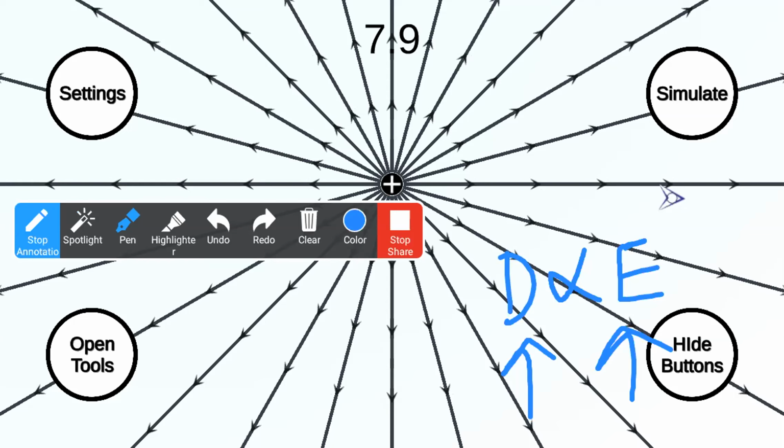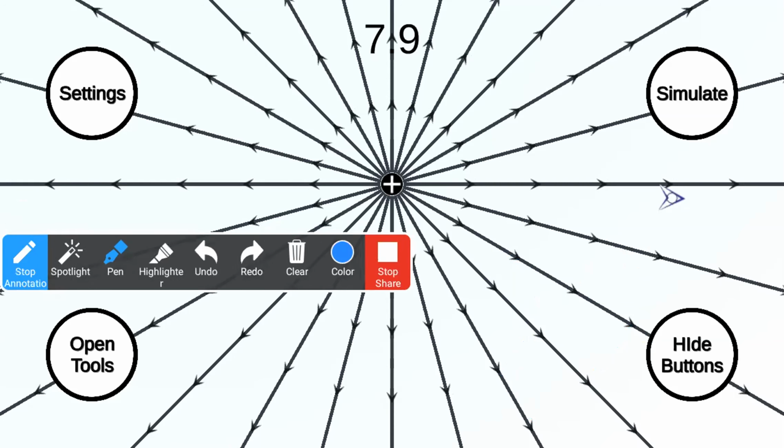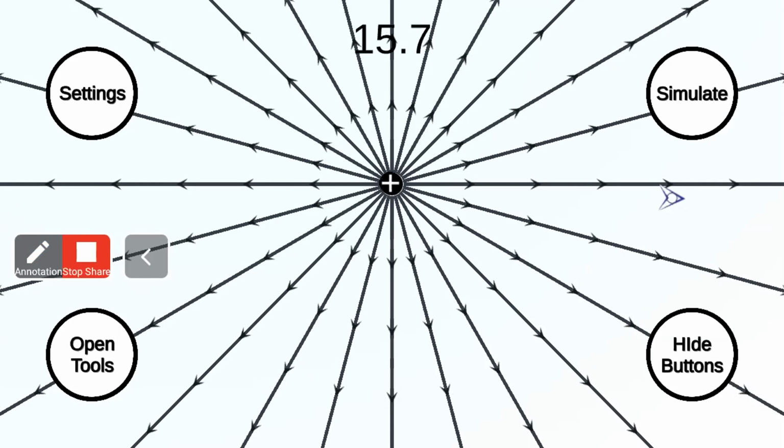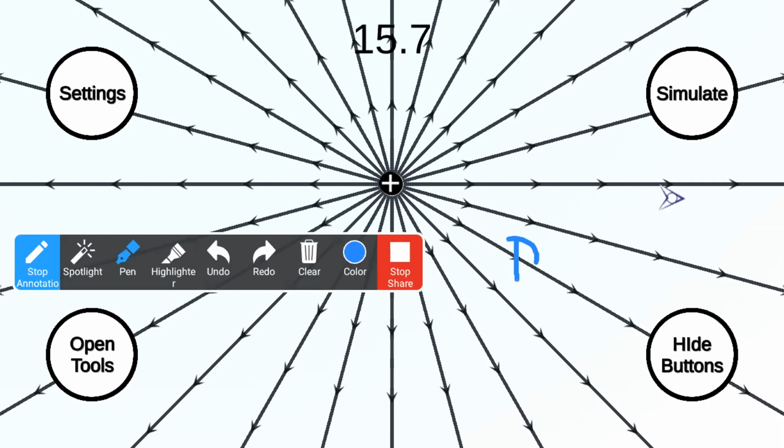Okay, now what I'm going to do, I'm going to introduce one more charge here. Then I will observe what is the field here, field strength or flux density. So I'm taking one more charge and I am fixing it here. Previously I got around 7.5 or 7.9, something like that. Now I'm getting 15. Why? Previously there was only one positive charge. Now there are two positive charges. So your D is directly proportional to what, sir? Q. As Q increases, D will increase.